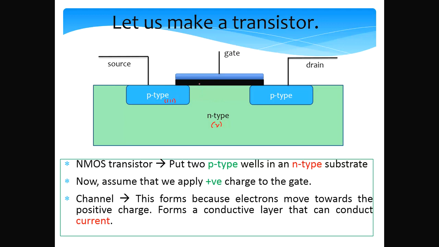So let us make a simple transistor. Let us consider an n-type well, and in that put two smaller wells of p-type material as is shown. Then let's have a metallic contact, and let's call this terminal the source. This is called the source. Let's call this the drain. And then let's put a layer of silicon dioxide, which is an insulator, a very strong insulator in fact. Silicon dioxide is regular sand. So you put a layer of silicon dioxide and then a conductor on top of it, which is typically polysilicon, but it's not necessary that it's polysilicon. It can be a metal as well, but it doesn't matter.